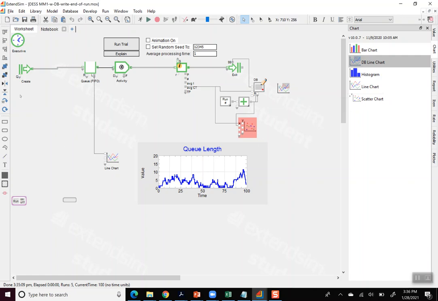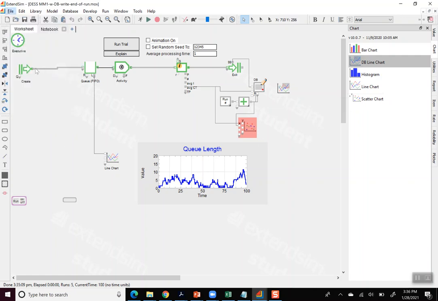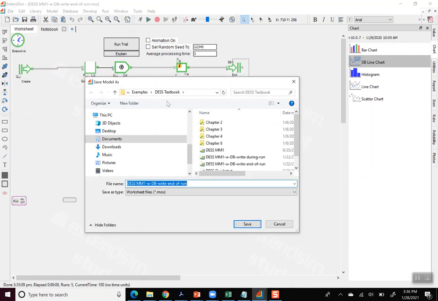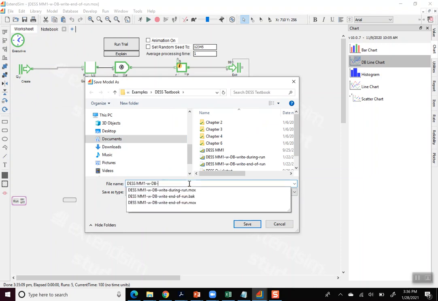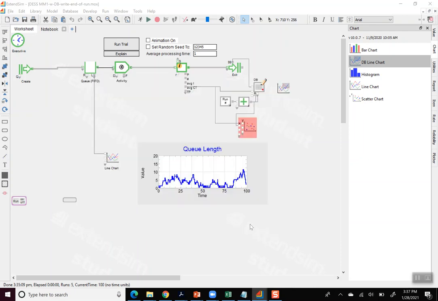And so with that, I'll stop here. I guess I'll save this file as DSMM1 with DB, and I'll just say chart with DB and chart. With that,